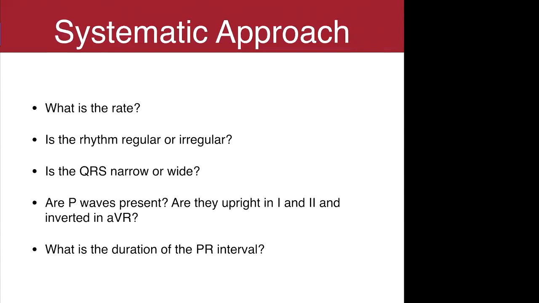When you have a regular rhythm, there are several methods you can use. It can be the count-off method from Ben's book: 300, 150, 100, 75, 60, 50. The 300 method is the exact same thing, except we count the number of large blocks and divide 300 by the number of large blocks, and that gives us our rate. To get a little more accurate, you can use the 1500 method, which is counting the number of small blocks. So 1500 divided by the number of small blocks will be a bit more accurate than the other two methods. Now, the 6-second strip, you can do that with regular rhythms,